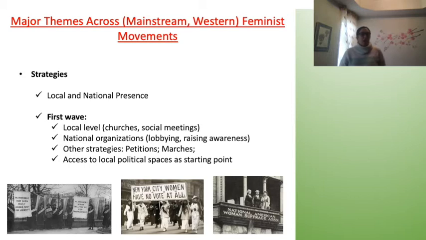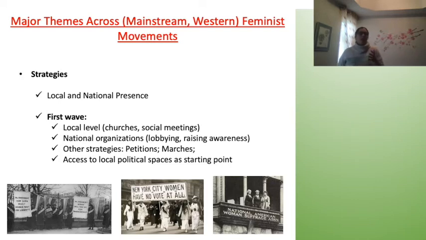So in our first wave of feminism, we see church organizations being really important. So women's groups meeting at their local churches. We also know that literary clubs or other kinds of social meetings happening in neighborhoods were really important. We know also, though, that lobbying for things like enfranchisement or the right to vote did take large national organizations, of which there were many in the United States and fewer in Canada. But these large organizations were really powerful in terms of representing the voice of women.